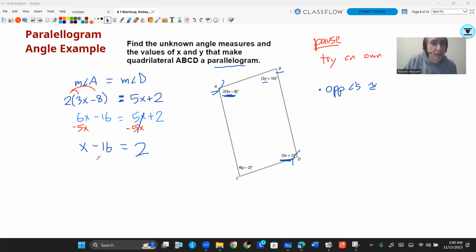Then I can add the 16 to both sides to get rid of that number. And so my value of x in this case is going to be just 2 plus 16, which is 18. Those cancel out too. So now I have the value of x. Similarly, I'm going to go through and get the value of y because I can look at these opposite angles and set those equal to each other. So I can say the measure of angle B equals the measure of angle